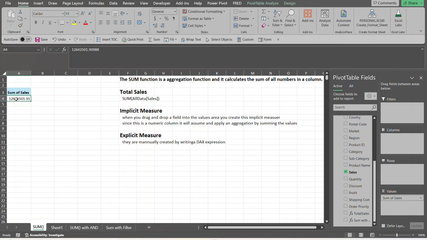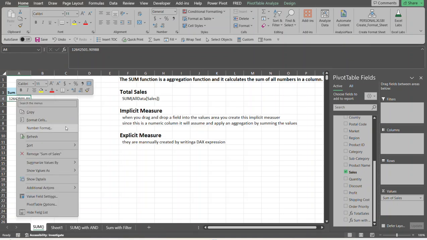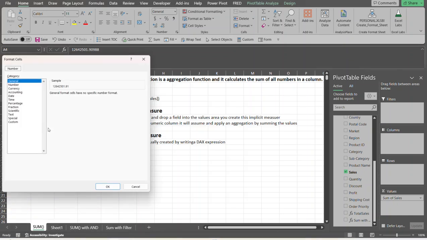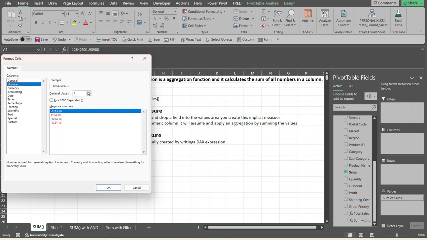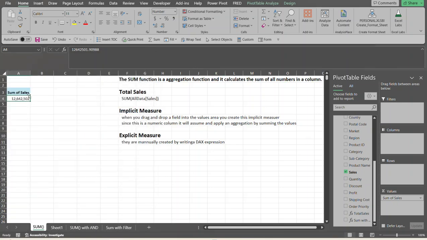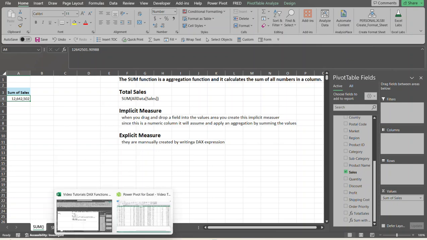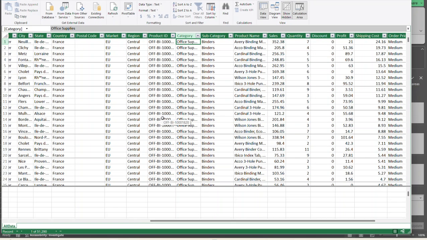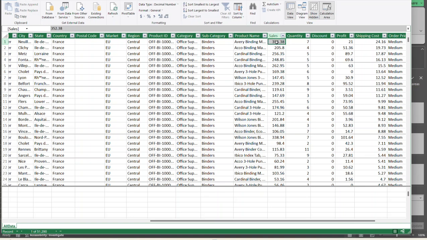So I'm going to format this number. Right click, number format, and select number, round it, bring it down to 0 decimal places, and let's use the comma separator so it's easier to read. So basically what this just did was it went into the table and selected all the values. Since I have no filters on any of these columns or fields, it selected all the data within this